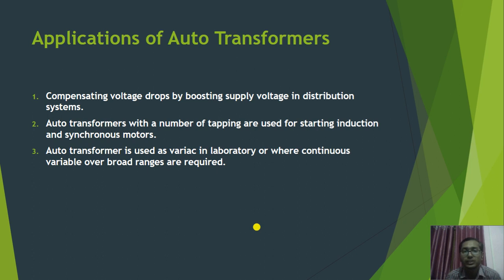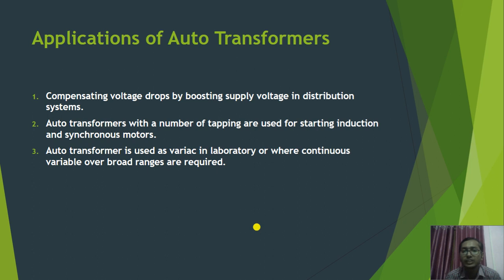Okay, applications of auto transformer. Compensating voltage drops by boosting supply voltage in distribution system. You must have seen the boost up transformer in our distribution system to compensate the loss through the wires of the supply system. So for boosting purpose, an auto transformer with a number of tappings is used